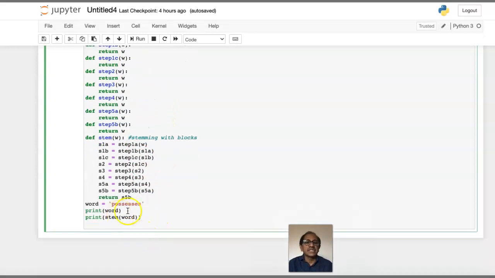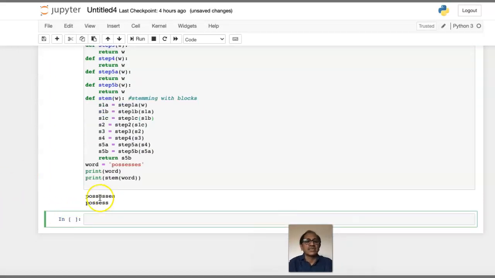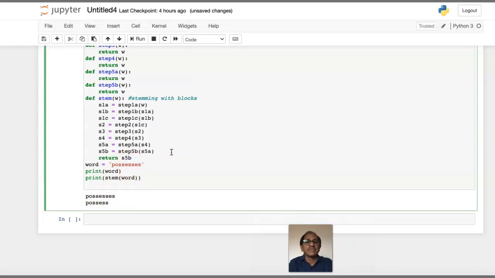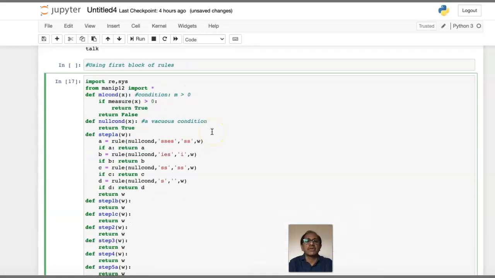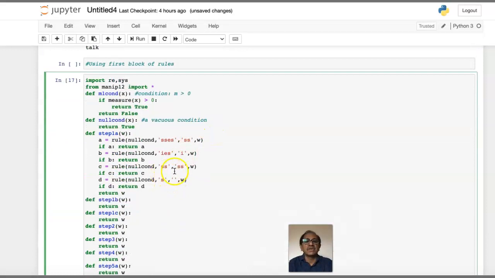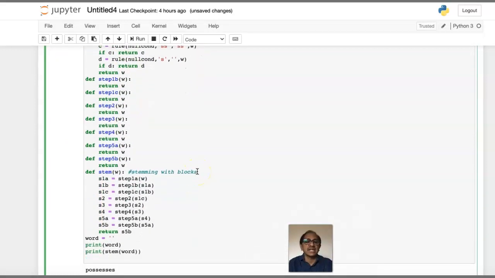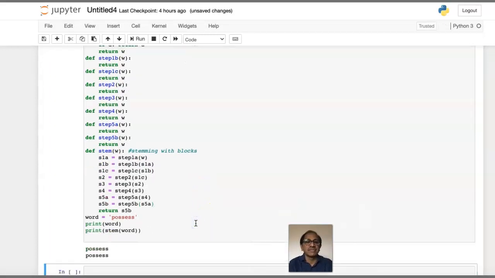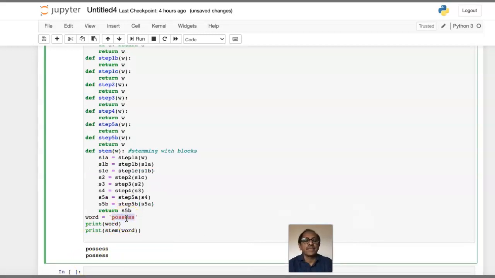So you take the word possesses and it should print the word and then the stem of the word, that is, you have to get possess. Let's run the program. Look at this, the word is possesses and you get possess. So let's change the word. Your first block of rules says that if there is SSES, it changes to SS. So if I say possesses, what does this give? It gives possess. If it is another word like Mrs.,